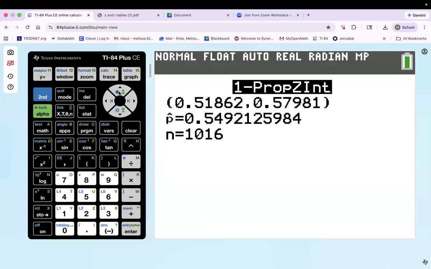What this gives me is the p hat, and it gives you your lower and your upper. We got 52% and 58%. This is exactly what they have here. Yes, they went out more decimal places than we did, but that's okay. But this gives you the upper bound, the lower bound, and your p hat. So if you needed to find the margin of error at this, if they want you to answer it as p hat plus or minus, I'm going to write this down and then I'm going to show you exactly.